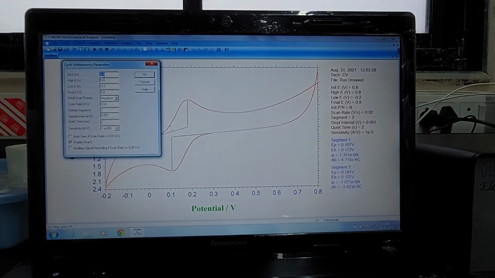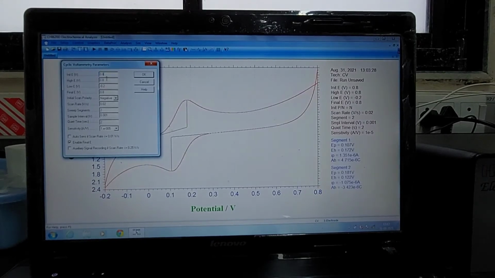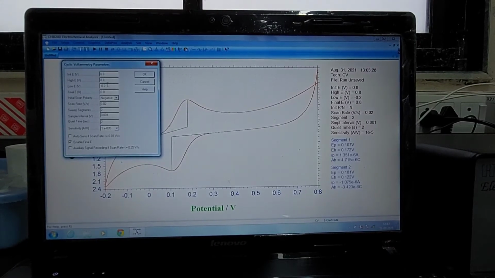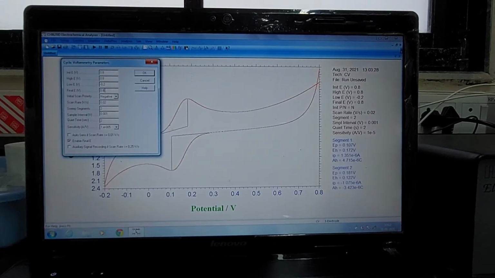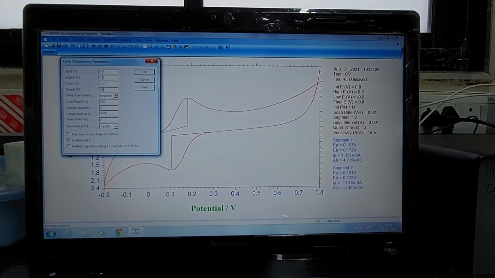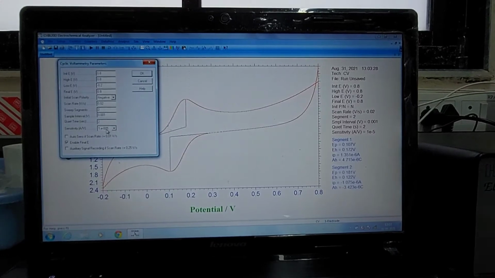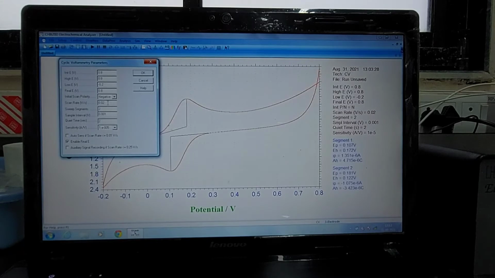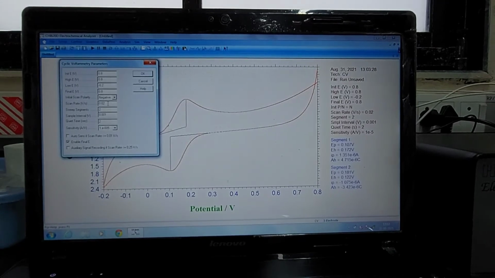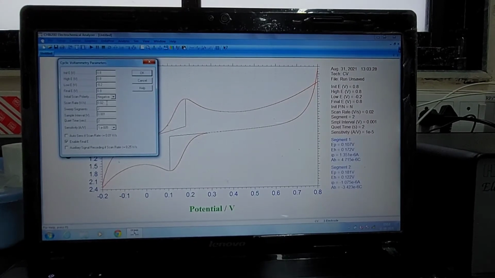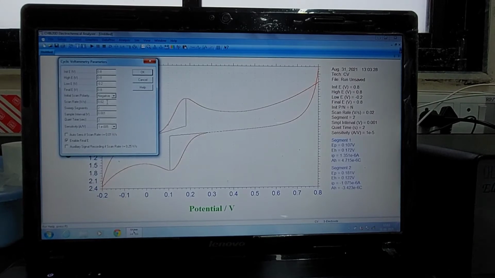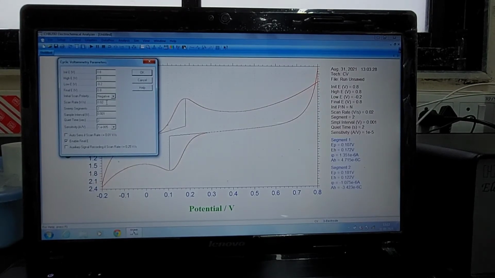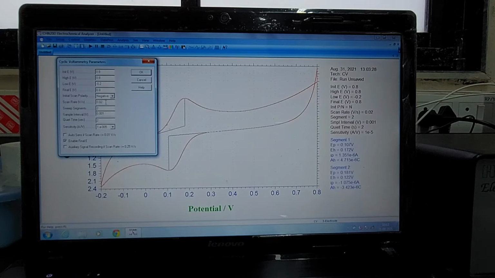We will keep initial as 0.8, high as 0.8, low as minus 0.2, and final the same as initial, 0.8. These are the values inputted, which is good for the platinum electrode, which is non-polarizable. It is minus 0.7 to 1.0; that's the window in which you work with a platinum electrode.